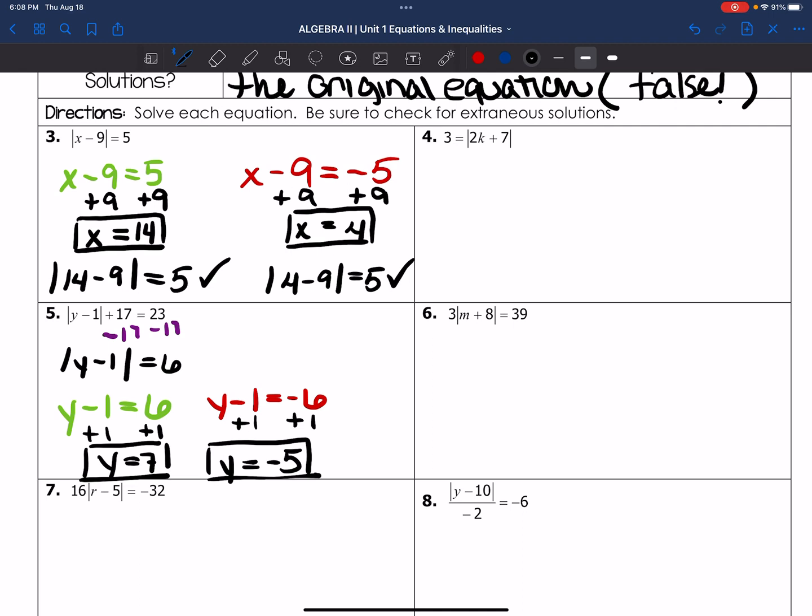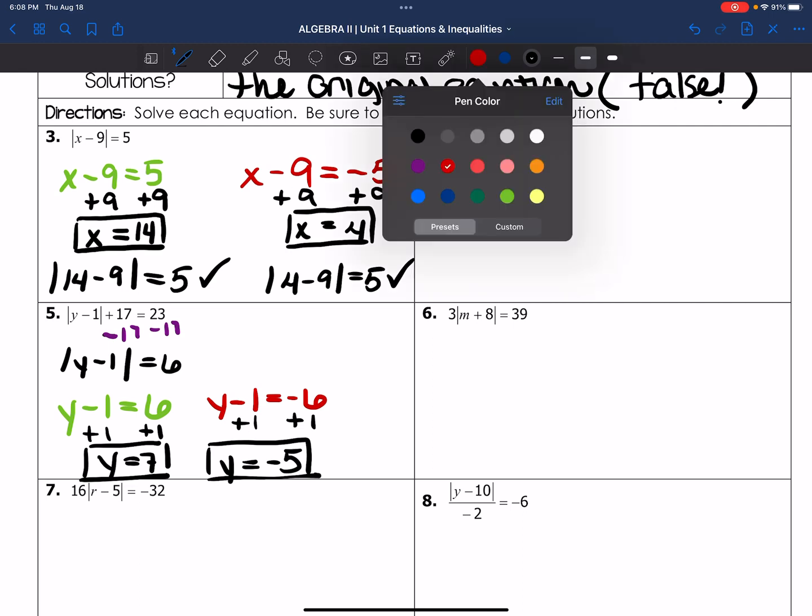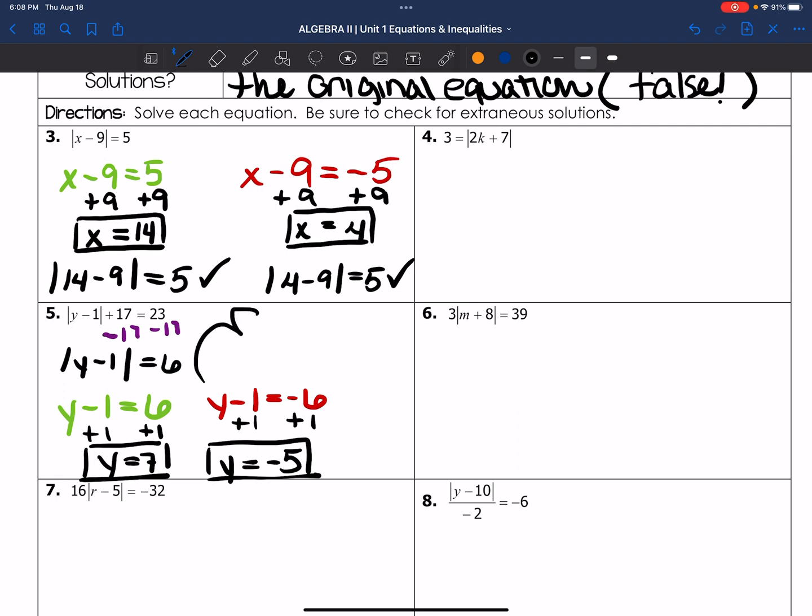Now we need to go back and check our work. I'm going to do this in this little box here. All right, so if you substitute in 7 in place of the y, so that's going to be 7 minus the 1,